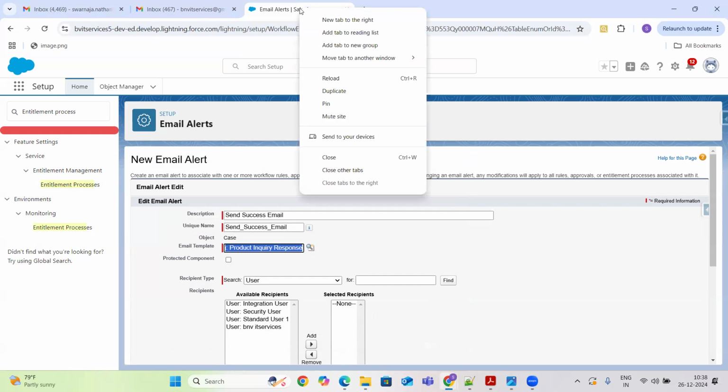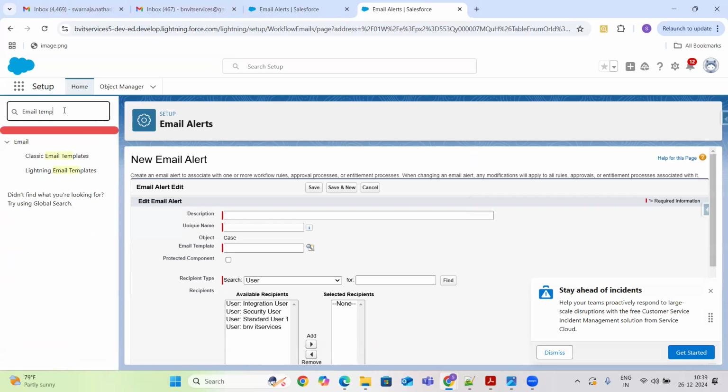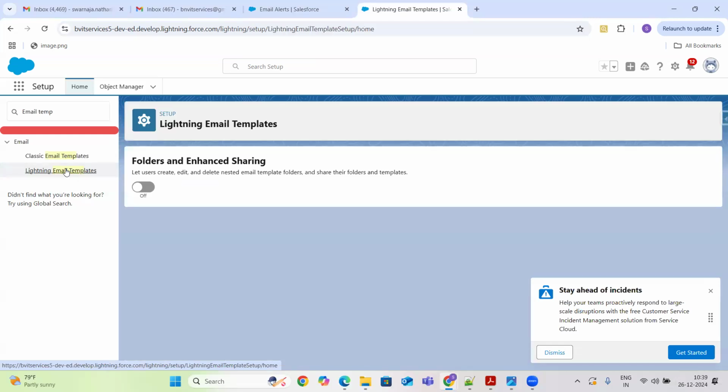We can go to the setup and search for email templates. From the setup, you can search for email templates. So classic email templates, lightning email templates. You can select anything, that's fine.